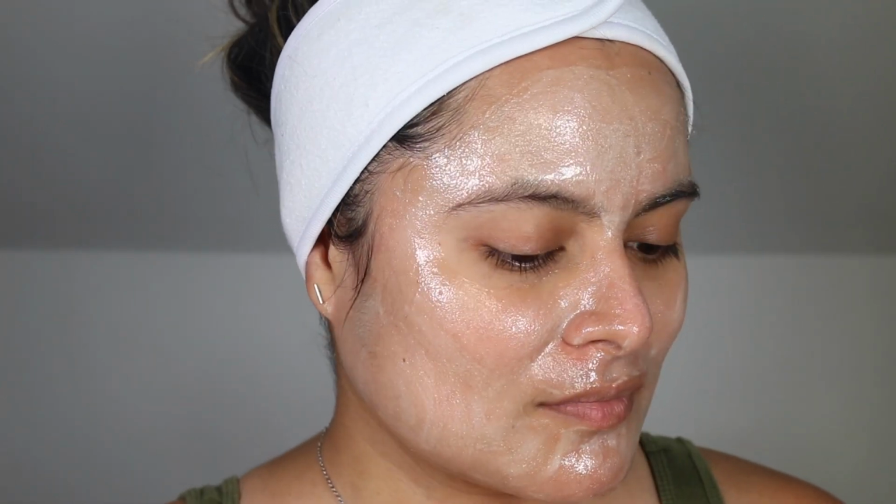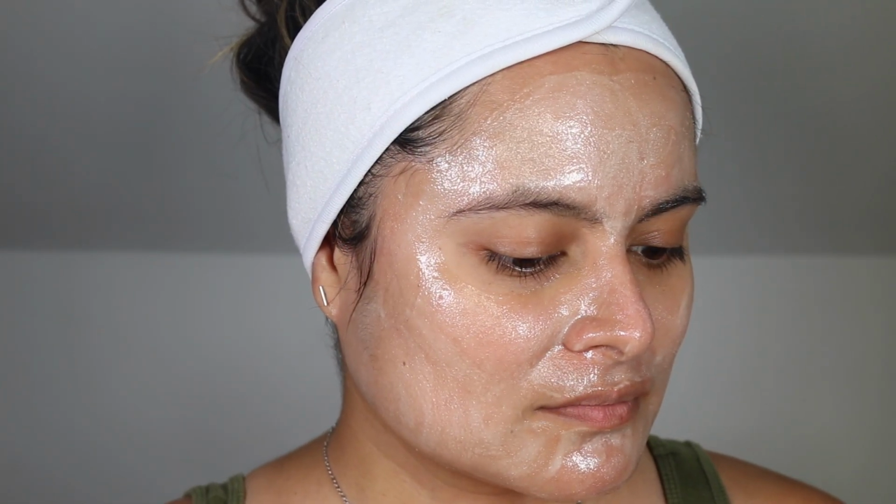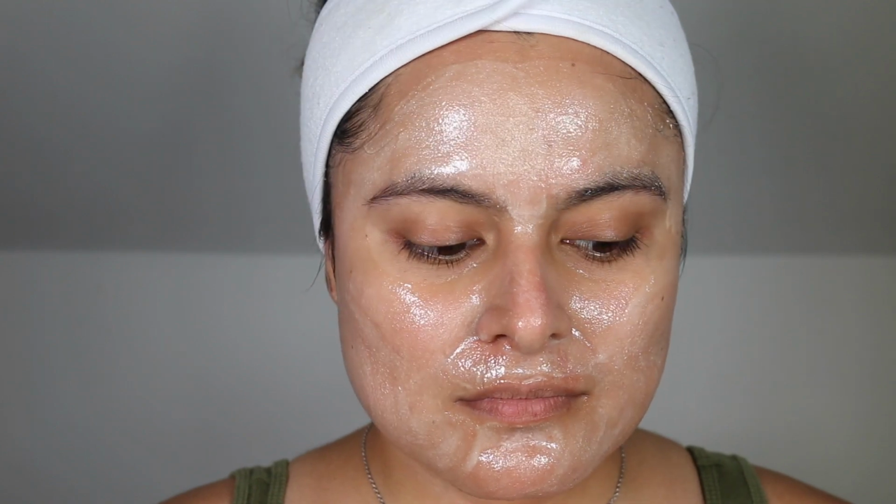There was no redness as the mask sat over the skin and no redness whatsoever after removal. The mask actually felt quite gentle. Since I don't have any other Eve Lom products to follow this Eve Lom mask with, I will be just